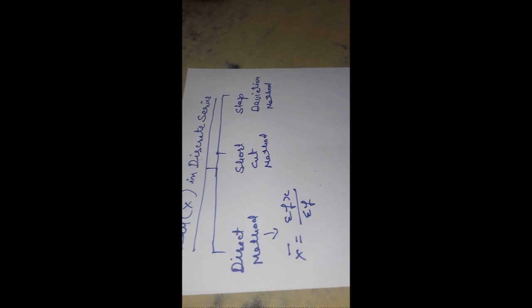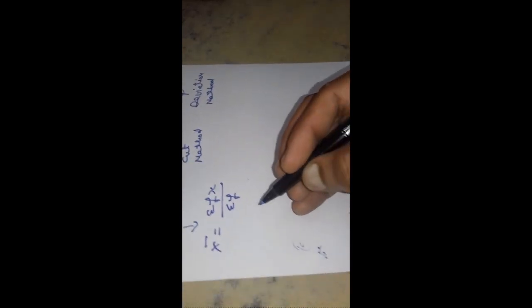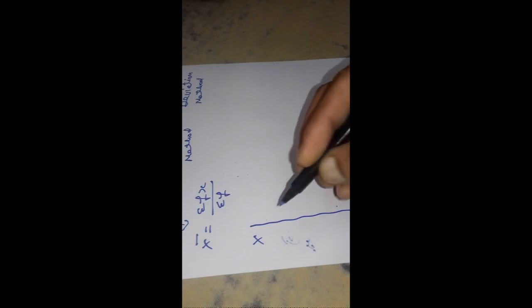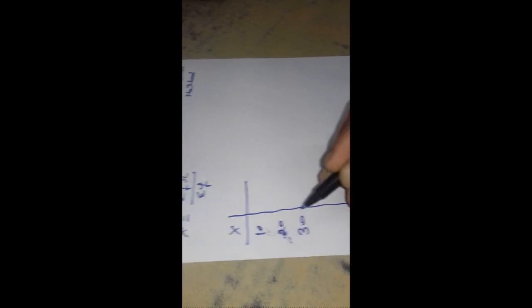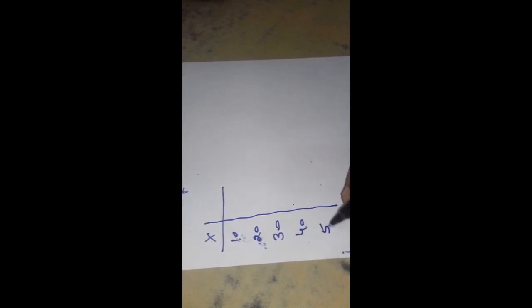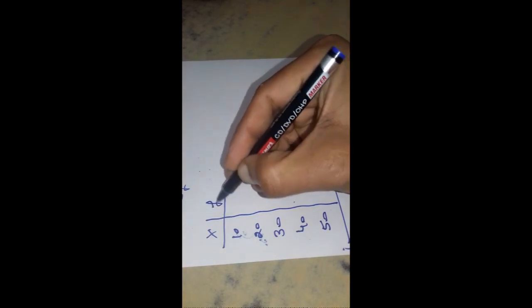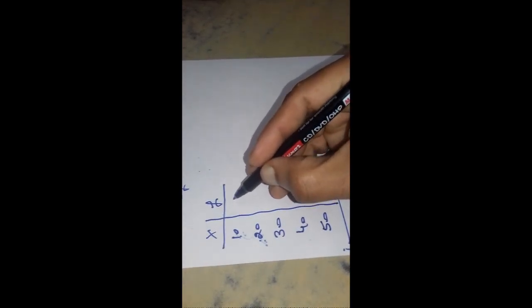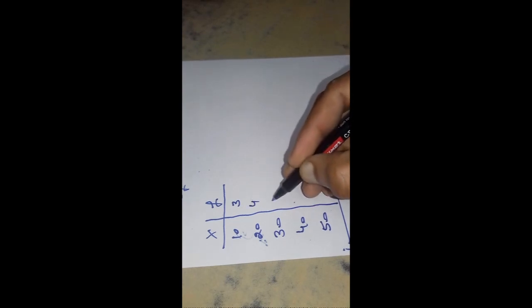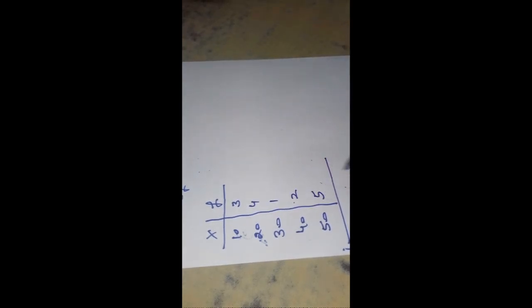As in the previous individual series we dealt with the number of observations, but in a discrete series the variable and their frequencies are given, so we have to sum up the total of summation f, or frequencies. Let's do it with a question. The variable x is given as 10, 20, 30, 40 and 50, and their frequencies are 3, 4, 1, 2 and 5.